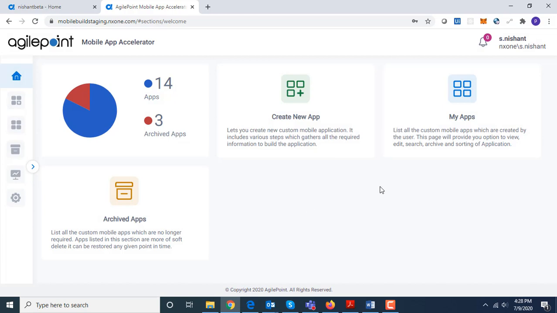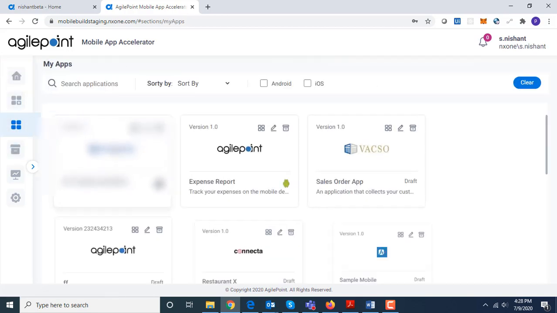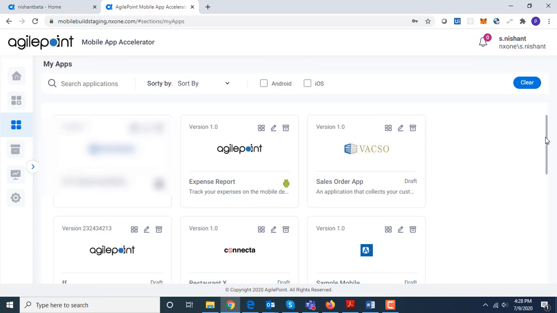This is the rebranded home page. As you can see, this has the new tile experience. I'll go to my apps. It shows all the apps which have been created in my environment. So it has again the new tile experience, as you can see over here. If I drill down into one of the existing apps,